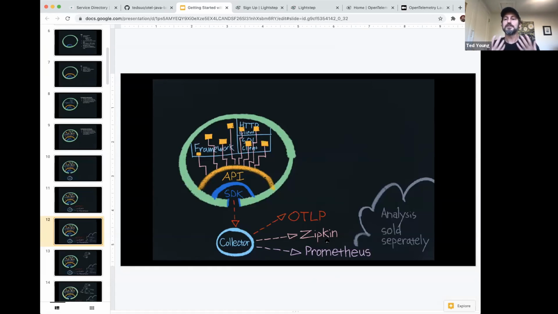And if that part's already done for you and all you have to do is build an analysis tool, that really lowers the barrier and makes it a lot easier to build one-off analysis tools and things of that nature. So I'm really excited to see the world of observability accelerate once we get something like the OpenTelemetry standard adopted everywhere.